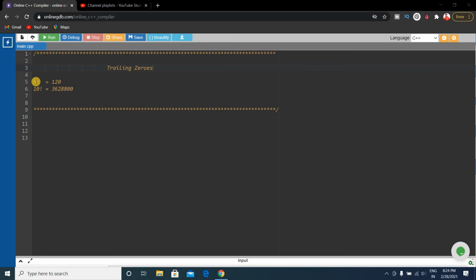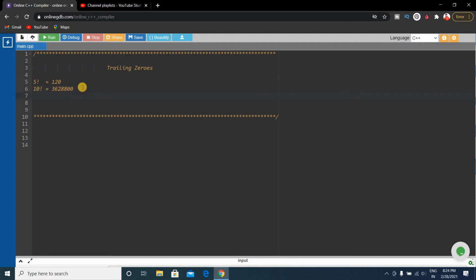The factorial of 5 is 120 and the trailing zero count is 1, that is one 0, so the output will be 1. And the factorial of 10 is this number and the trailing zeros are 2. That is, there are two trailing zeros, so the output will be 2.